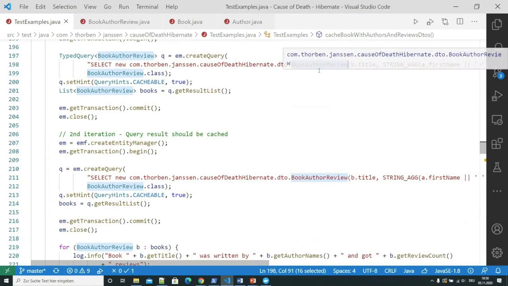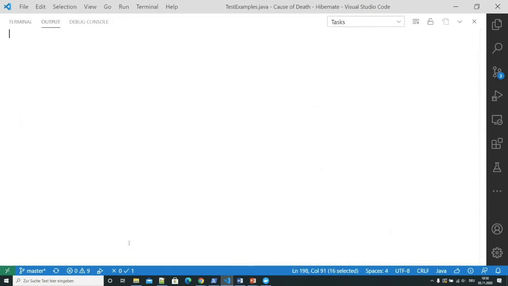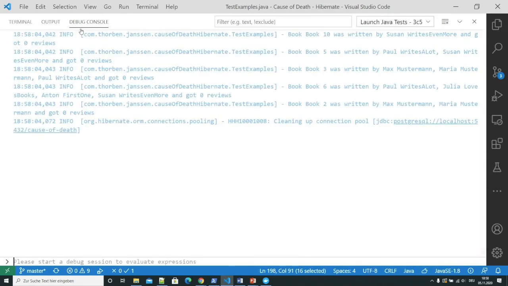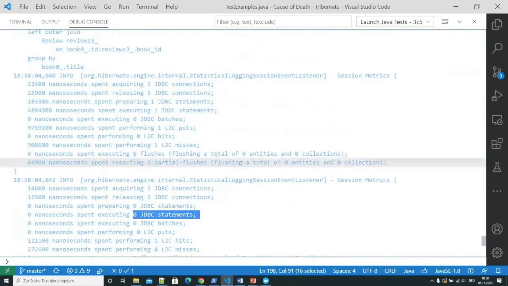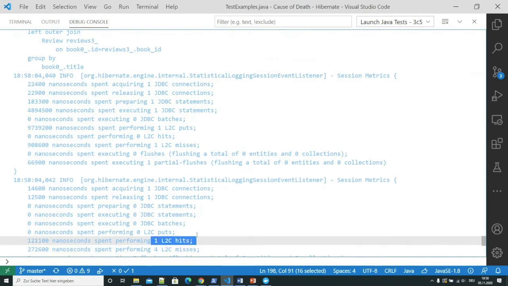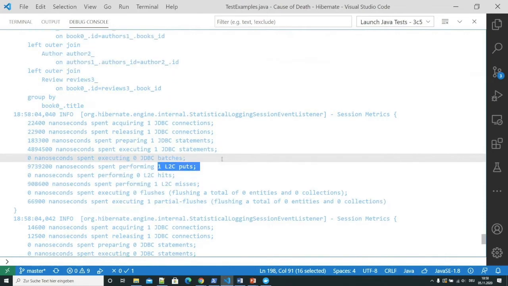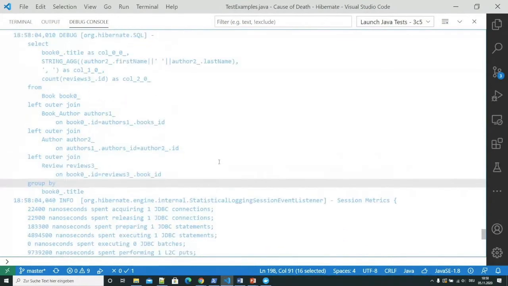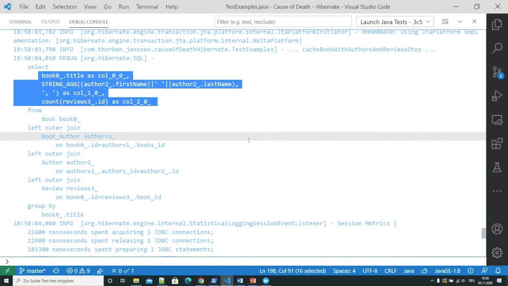In this case, I'm selecting book author review objects, and as you can see here, the second transaction executed 0 statements and got an element from the cache, and the first one executed 1 query and put 1 element in the cache. The query is the one that gets the title, the name of the authors, and the number of reviews from the database.